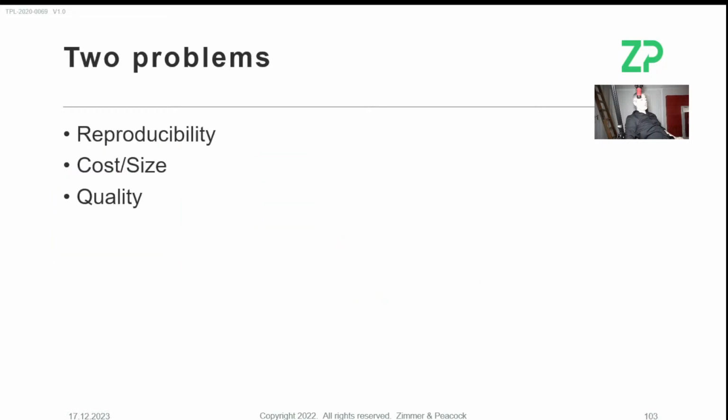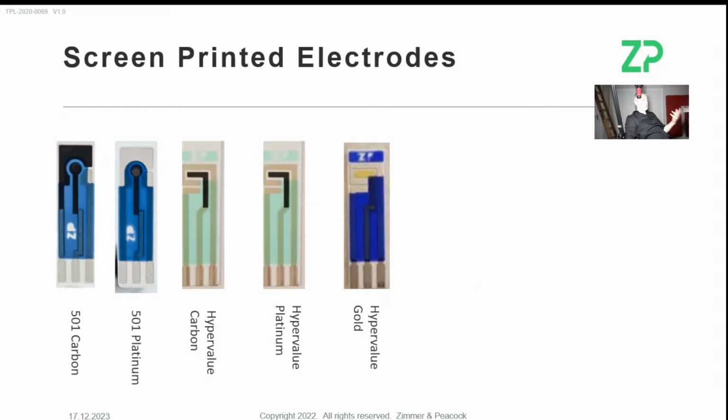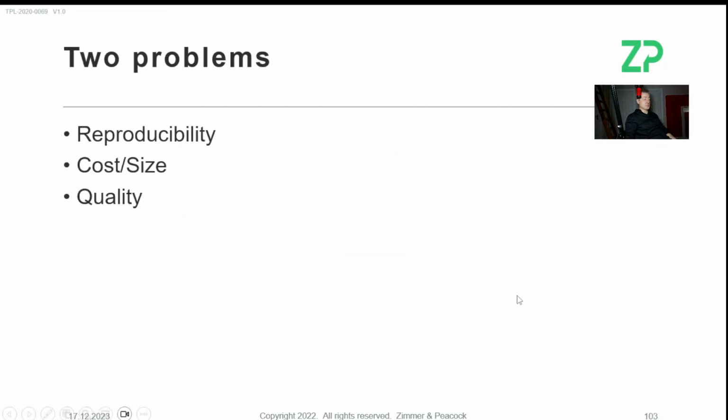I also talk about the fact that whenever you go for custom electrodes, honestly, you'll always be disappointed on the quality. Manufacturing is not just something that comes. We've really built up our manufacturing to make these electrodes really reproducible. So your biggest disappointment will actually be reproducibility. I say 2 problems, I should have said 3. Reproducibility is going to be the biggest issue. You will find people who will do it for you. You can send a sketch to ZP, ZP can do it for you.